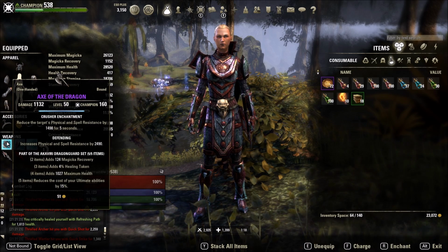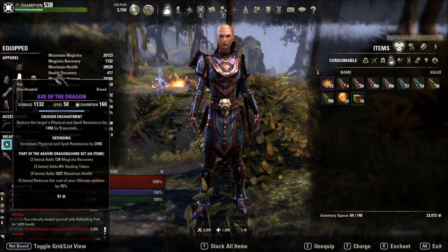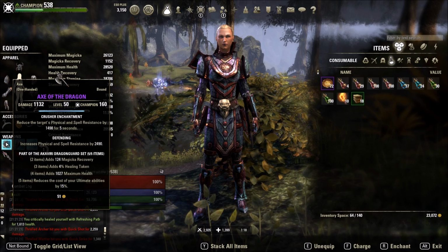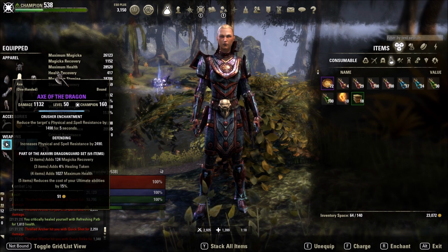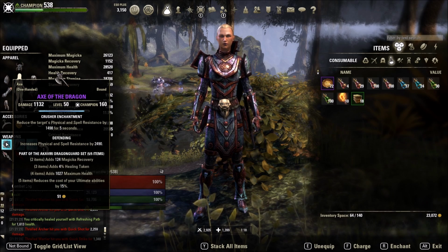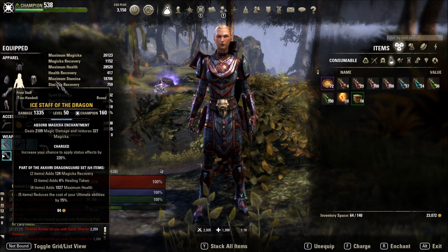In terms of our weapons, for our front bar, so for our sword and board, on our axe, or any one-handed, we want to be using the Crusher enchantment, primarily because it reduces the resistances of any boss or enemy we're fighting, which means that DPS can do more damage. Pretty simple really. In terms of the enchantment best suited for ice staves, I like to use an Absorb Magicka